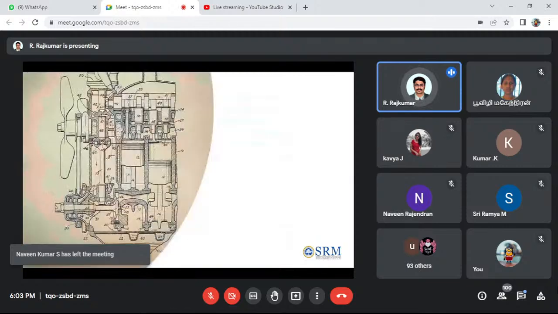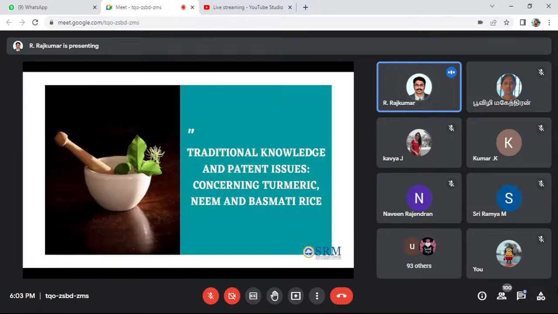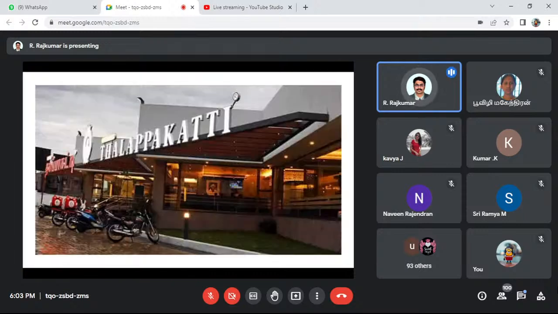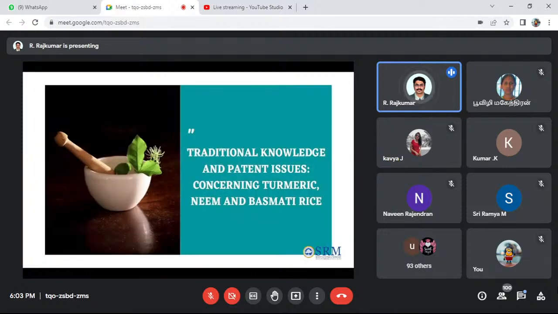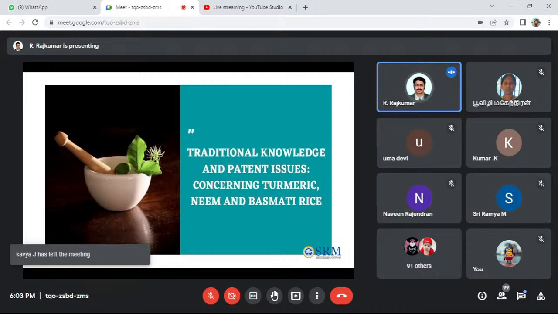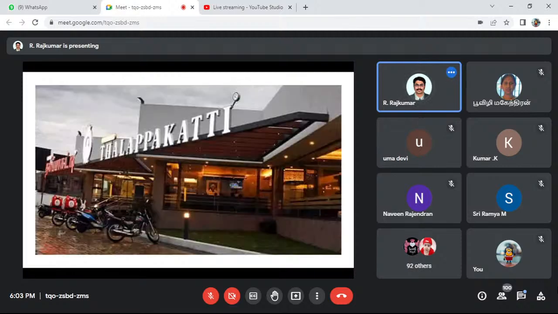But right now you cannot patent this kind of technology, because for bombs and such we cannot do any patent. Also traditional knowledge cannot be patented. For example, tulasi has some medicinal values and other small things we may already know, so that kind of thing we cannot patent. First I will tell you what things we cannot patent, then I will tell you how to do it.